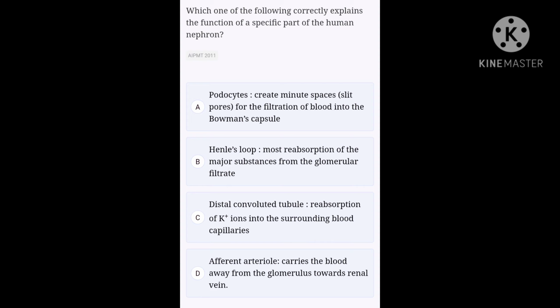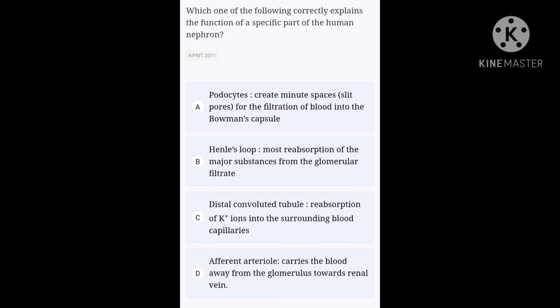The first step in urine formation is the filtration of blood, which is carried out by the glomerulus and is called glomerular filtration. On an average, 1100 to 1200 ml of blood is filtered by the kidneys per minute, which constitutes roughly 1/5 of the blood pumped out by each ventricle of the heart in a minute. The glomerular capillary blood pressure causes filtration of blood through three layers, that is, the endothelium of glomerular blood vessels, the epithelium of Bowman's capsule, and a basement membrane between these two layers.